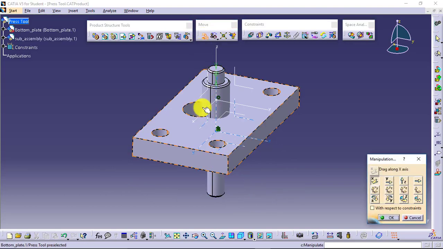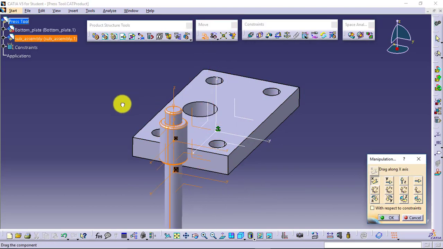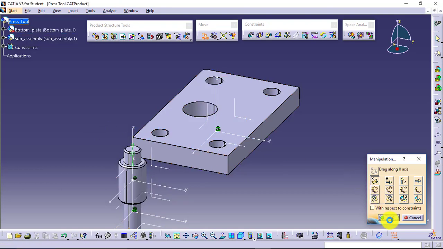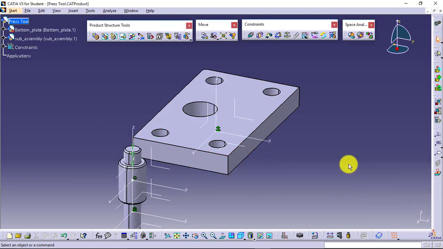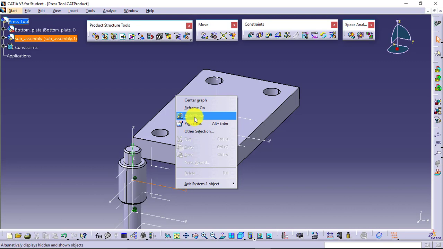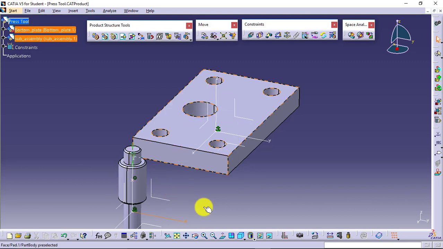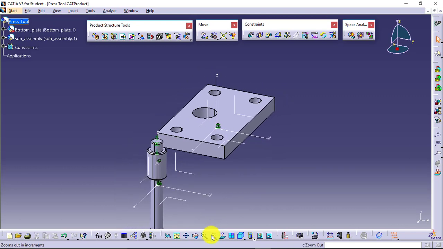I'll just manipulate it. Now here this sub-assembly, doesn't matter how many parts are there in the sub-assembly, this complete sub-assembly will work as a single entity. So whenever I apply any manipulation, any other operation, it will be applied on the sub-assembly, not on any of the parts of sub-assembly.